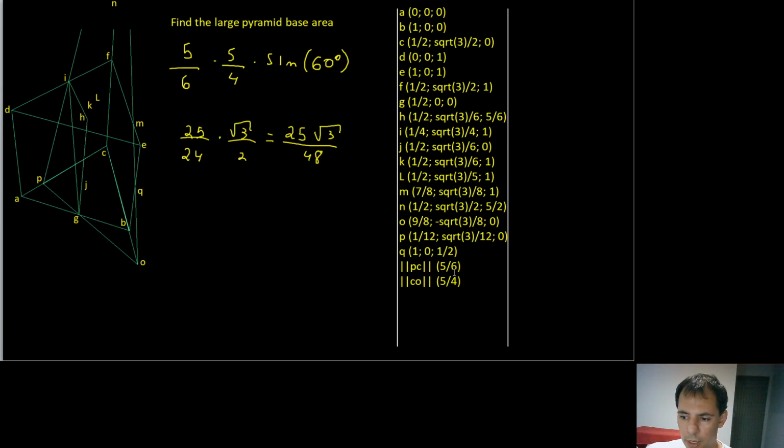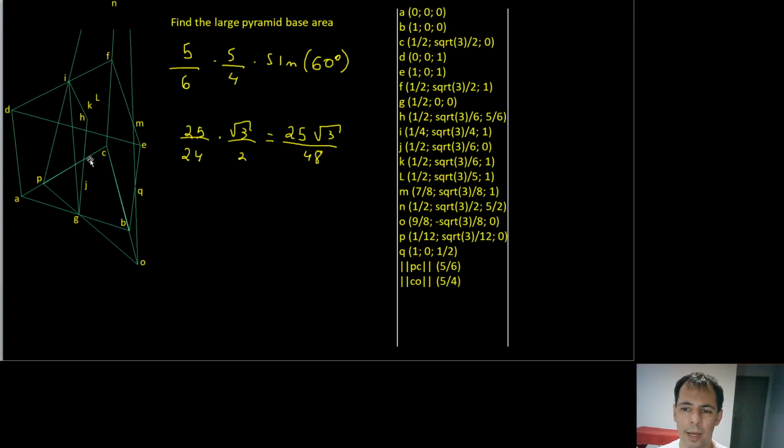So it's going to be PC, which is 5/6, times CO, which is 5/4, times the sine of the angle between them, right? Because you see, how do you calculate the area of a